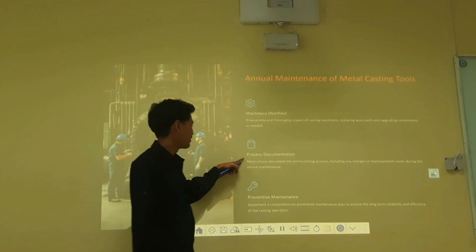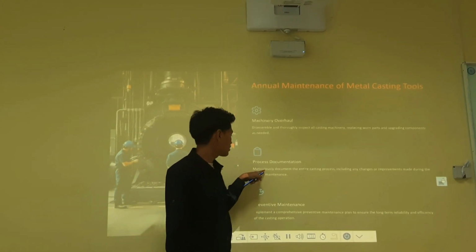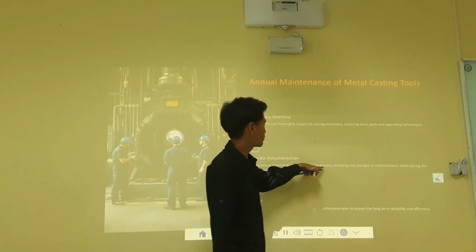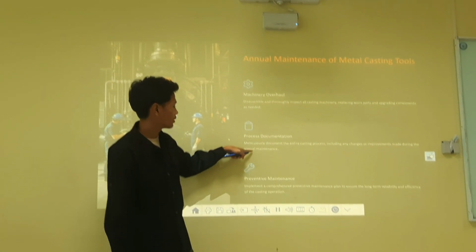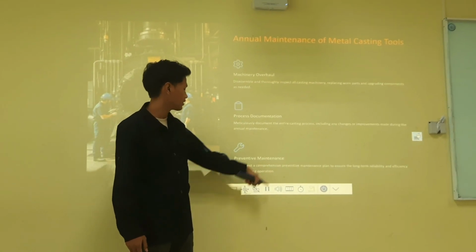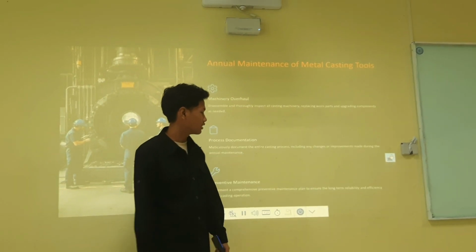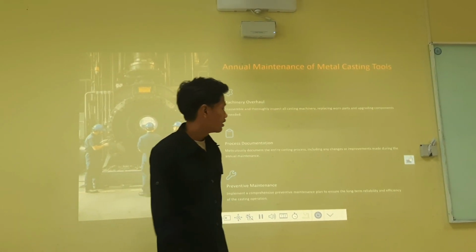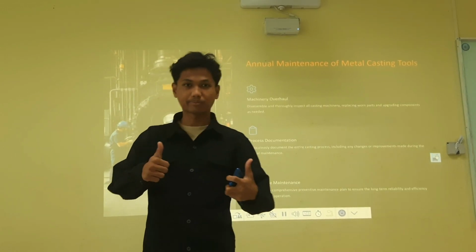Number 2, process documentation. Document the entire casting process, including any changes or improvements made during the annual maintenance. And 3, preventive maintenance. Implement a preventive maintenance plan to ensure the long-term reliability and efficiency of the casting.